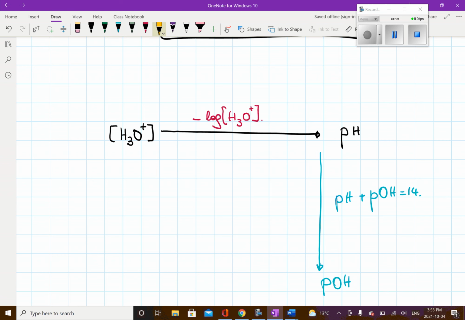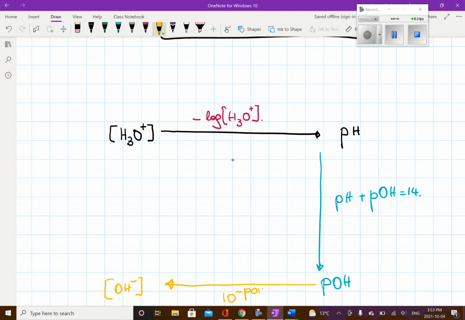And when we know the value of pOH and we want to calculate the concentration of hydroxide, then we calculate it using 10 to the power of